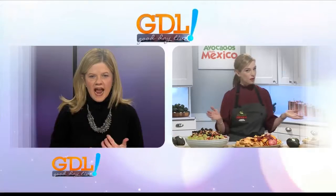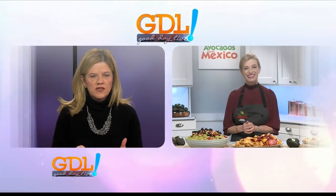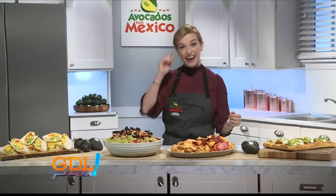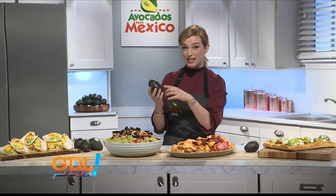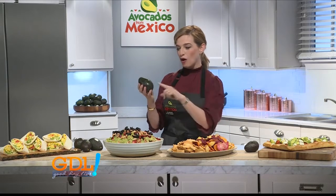Wonderful. May I ask a real quick question before you start showing us these recipes? How do you know how to pick out a good avocado and when it is ripe? That is a great question. There's a few ways to know when your avocado is ripe. The first one is by looking at the color of the skin. If the skin is very green, it's probably not ripe yet. The darker it gets, almost pitch black, that's a sign of